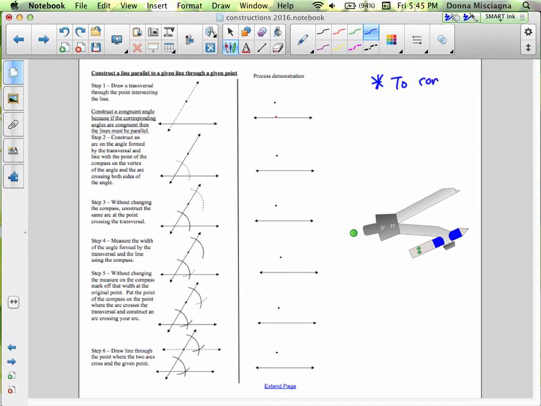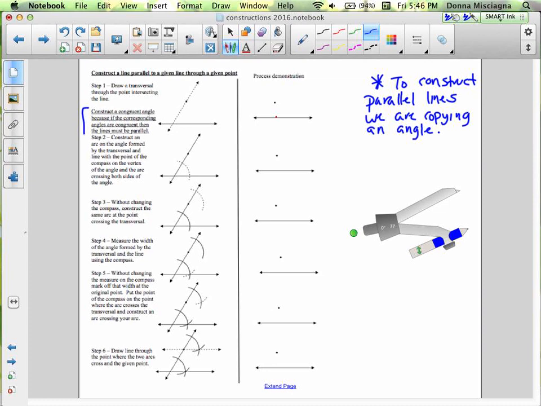To construct parallel lines, we are copying an angle. And you might wonder, well, why are we copying an angle? All right, so we construct a congruent angle because if the corresponding angles are congruent, then the lines must be